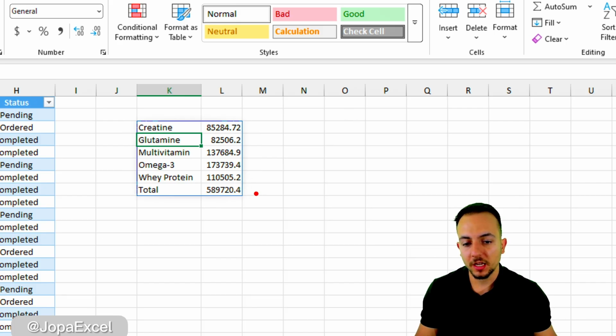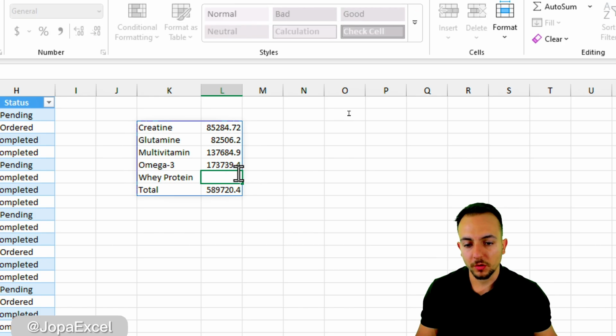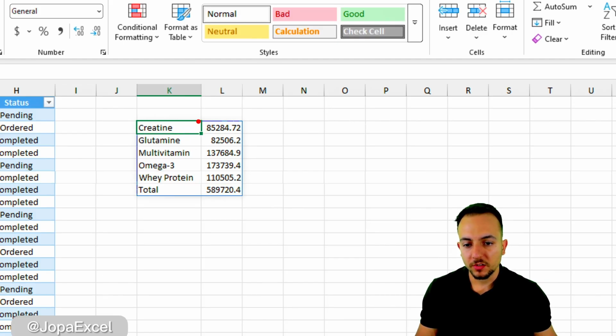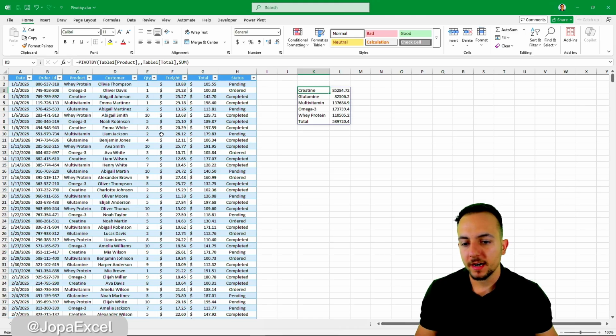So if I click in any cell, let's say this one right here, 1, 2, to open up the cell, we can see there's nothing within the cell because it's a dynamic range. The formula is only in the first cell and it's being expanded to the other cells. And another cool benefit about PIVOTBY is every time you add a new row into your table with new information,